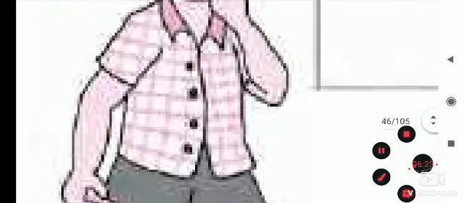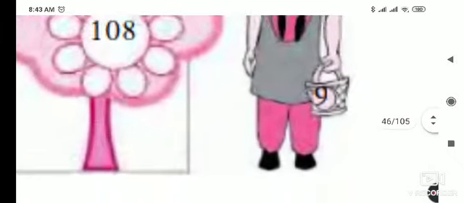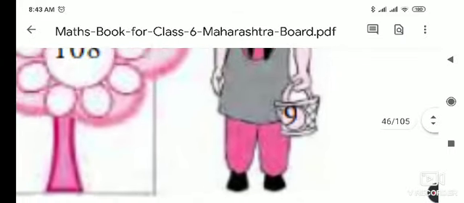Then here downside one boy is there. On his basket, which number is written? 4. And on this side of the picture, one more girl is there, and on her basket 9 is written. So what we have to do here,